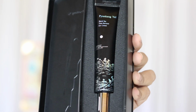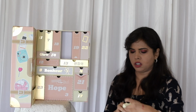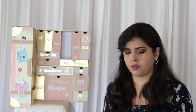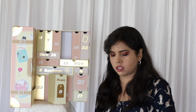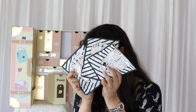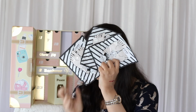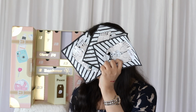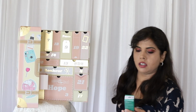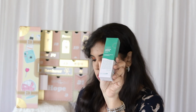Now let's see what day 9 has. My God, look at how tightly packed these are. These are 3 different peeling foot masks, yeah, peeling foot masks from the brand Village Leaven Factory. These retail at $17.70. Number 10 obviously is Skin and Lab Medicica Calming Cream, retailing at